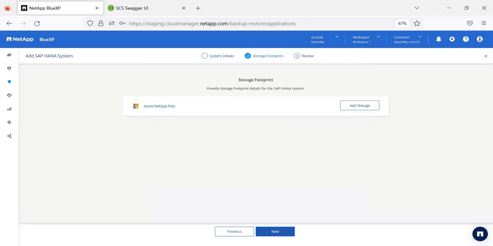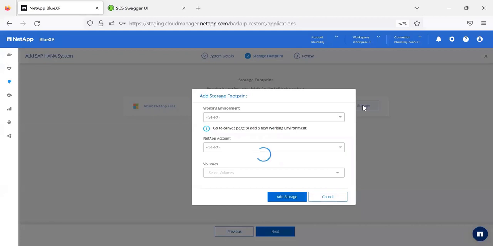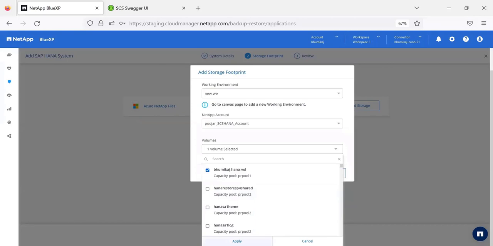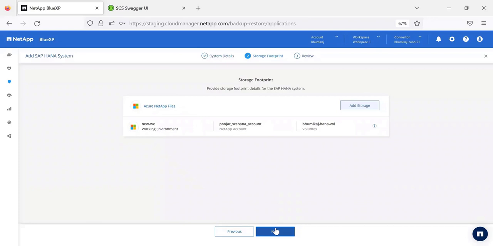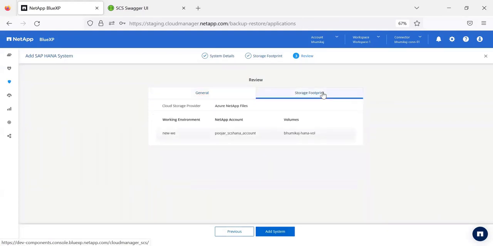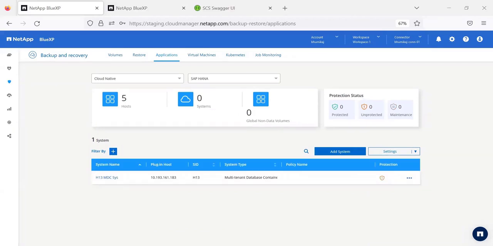The very next step is to add the storage footprint where you can associate all the data volumes that are part of this HANA database. And lastly, let's review the selections that we have and submit the job. Here is a note where you have to ensure that the HANA plugin is already installed on the host before we submit this job. Once the job completes, you can see the HANA system getting listed in this dashboard